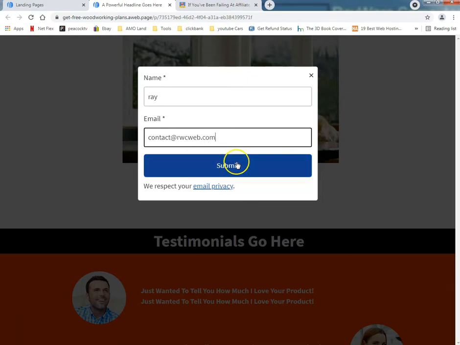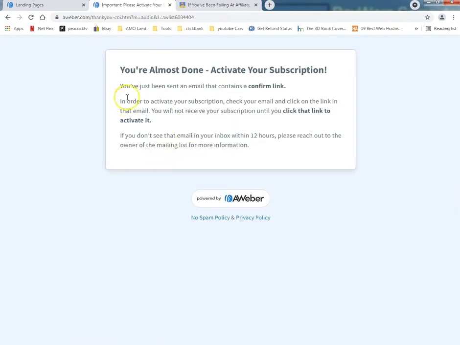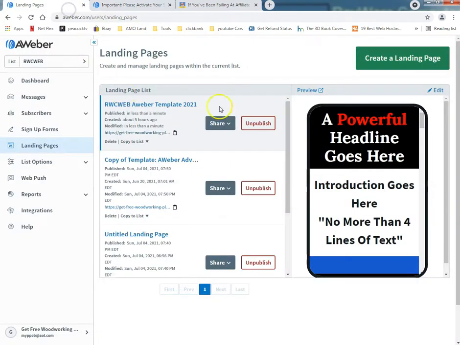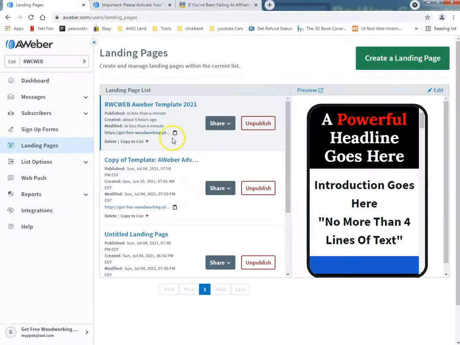Okay. Submit it. Almost done. Alright, not sure how I got the form set up. Okay, you're almost done. So it's going to tell me to go to my email and activate it. Alright, and then from there it'll get the email and so forth. But it's pretty easy. What I suggest when you sign up, and I'll have the link in the description,